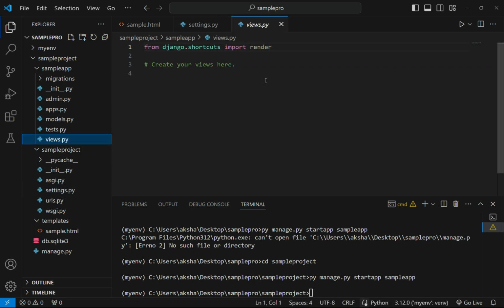Now come to views.py. We need to create a sample view here. Views.py is used to run our sample HTML file. For that we need to type def, which means our function is starting. And now we need to name our function. I will name it sample. def sample, in the brackets request, colon, enter. We need to write return